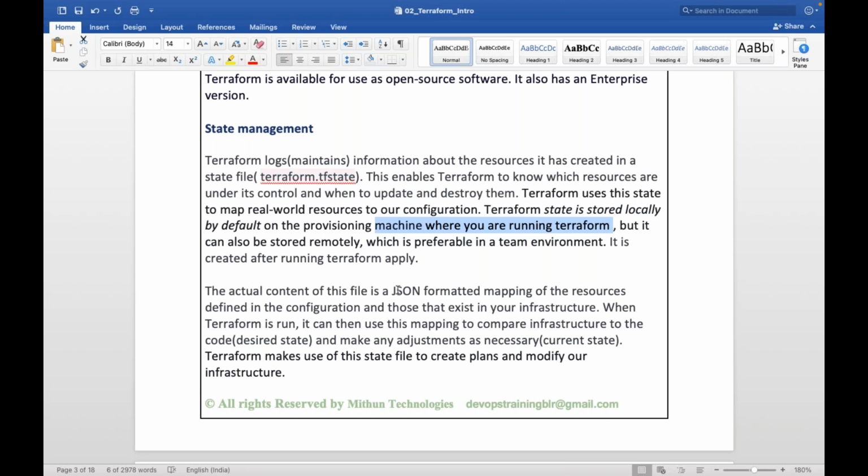The content of the state file is in JSON format, a mapping of the resources defined in the configuration to those that exist in your infrastructure.